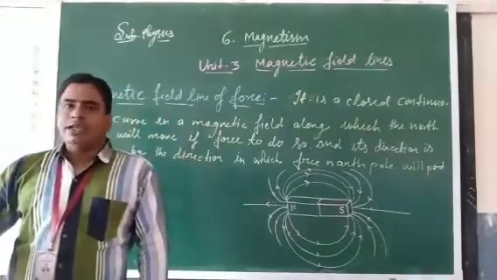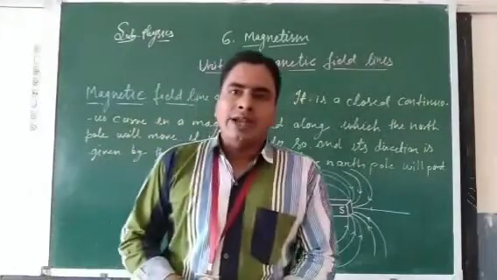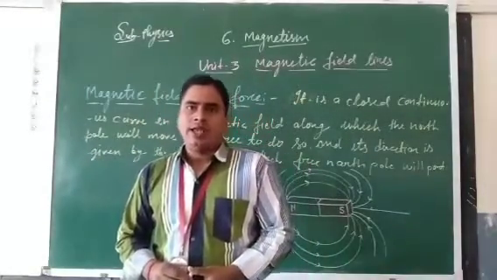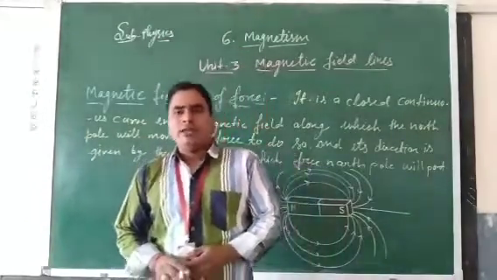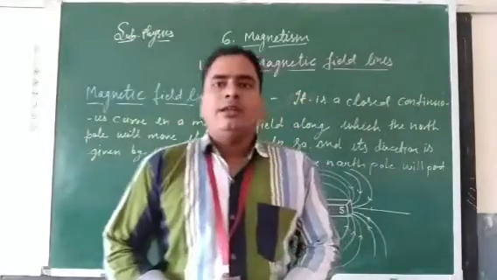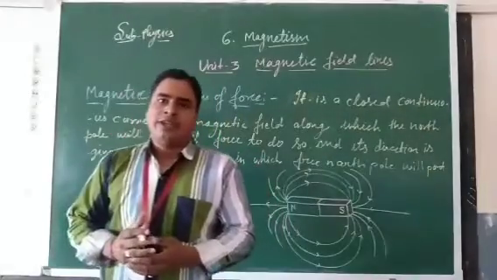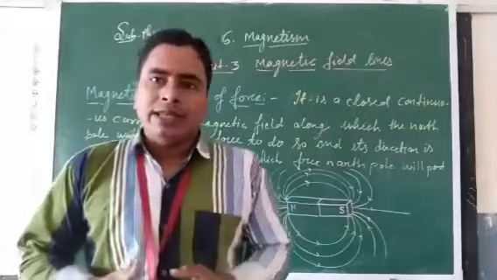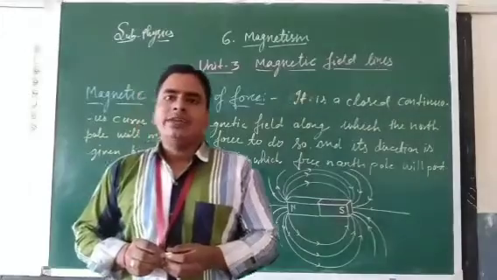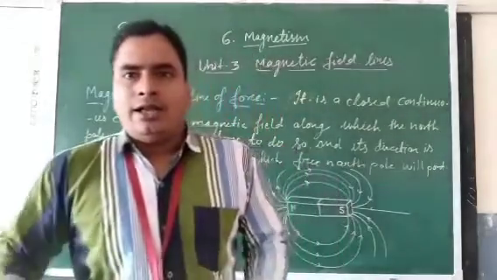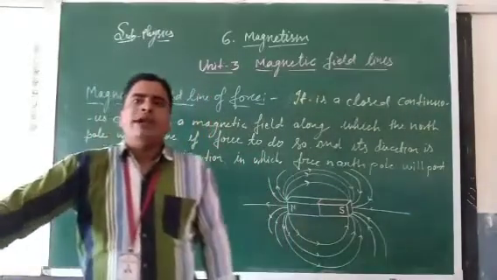In last few classes we have already discussed the magnetic field. What is the magnetic field of a bar magnet, and also some other types of magnet? How can we identify, detect, and predict their magnetic field? And we have already discussed, with the help of some activity and experiment, how we can represent the magnetic field around a bar magnet and also the magnetic force of a bar magnet. Clear?